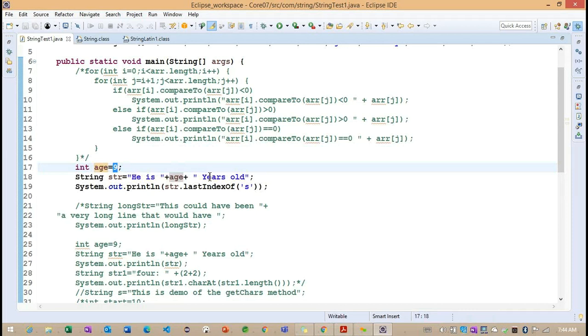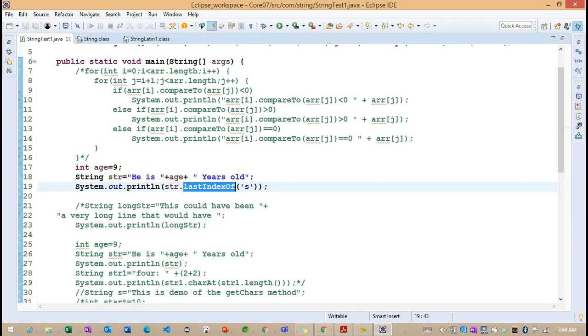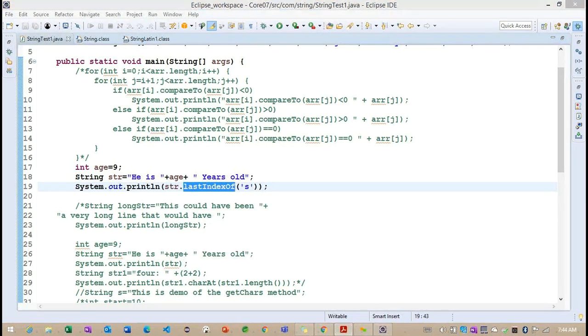If we include this 9, this S will reside at the index location called 12. Getting the point? So this S is located at the location called 12. This is the purpose of lastIndexOf, to find out the given character.